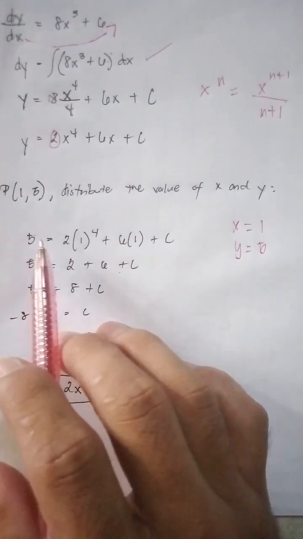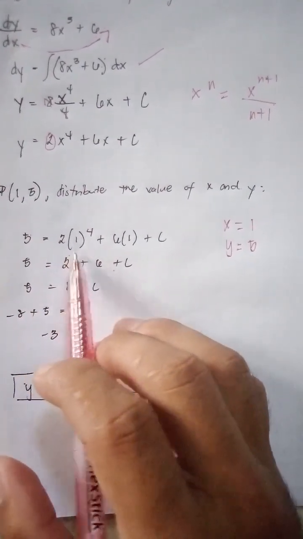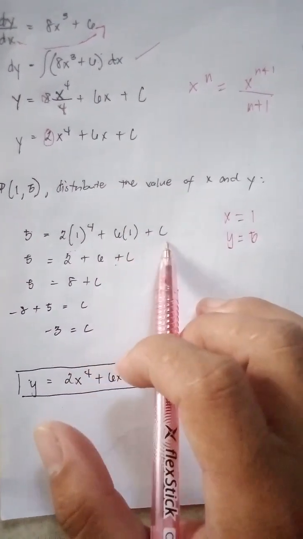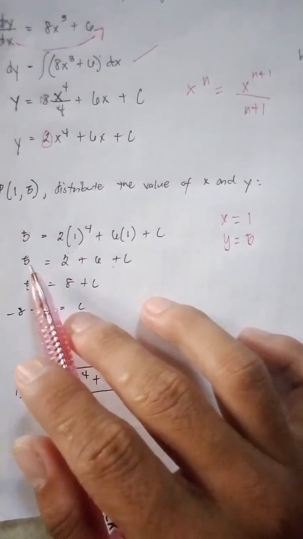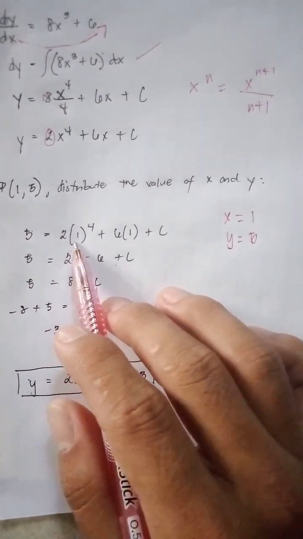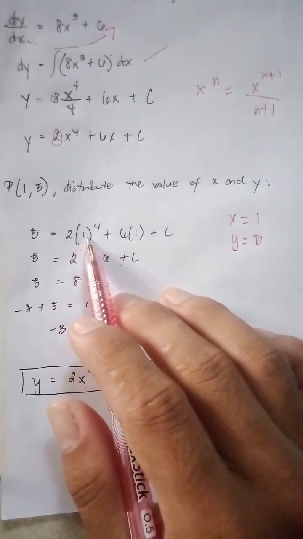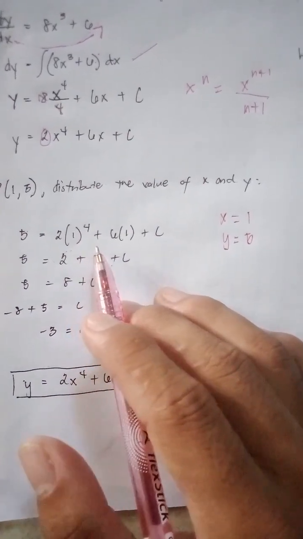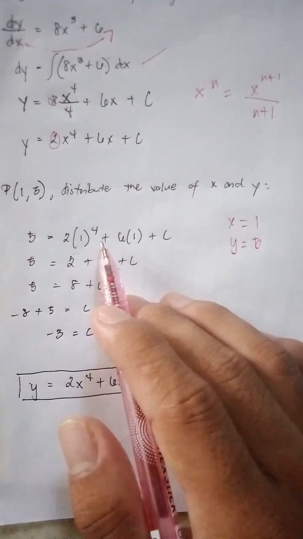And that is 5 equals 2 times 1 raised to 4 plus 6 times 1 plus c. 1 raised to 4 equals 1, or in a simple way, 1 times 1 times 1 times 1 equals 1,